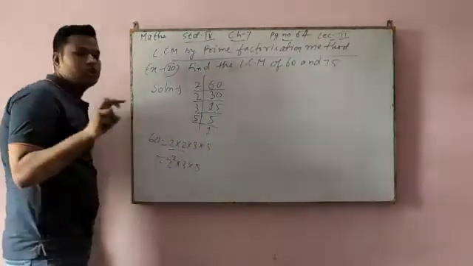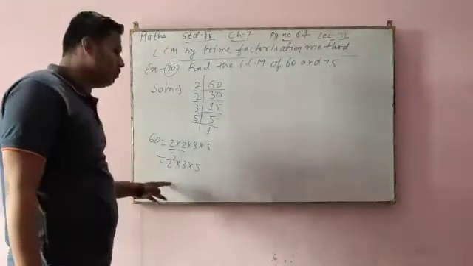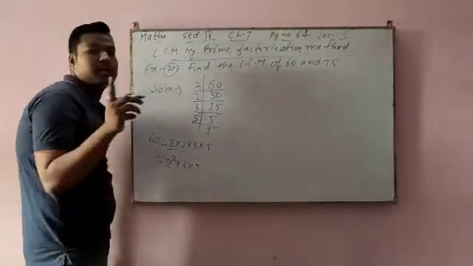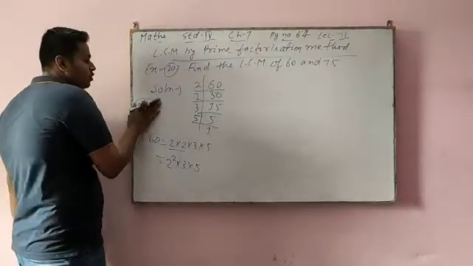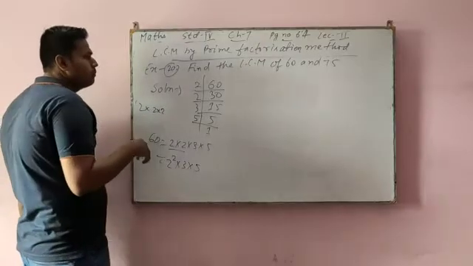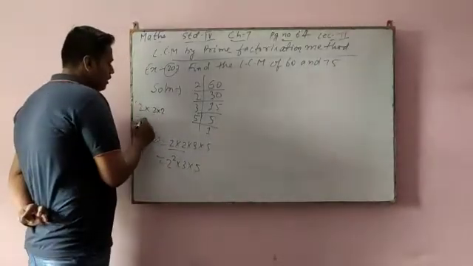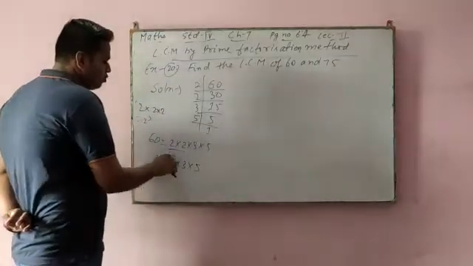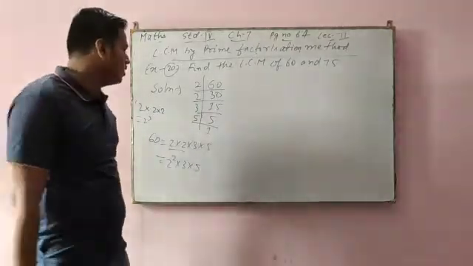Whenever you find the same number 2 times, then you can give the power. It should always be in a pair. Pair means it should always be 2. Now when you find 2 into 2 into 2, it should be more than 1. So you will write 2 to the power 3, but here it is 2 2, so I have written 2 to the power 2. Here there is only one 3, so we have not given any power.